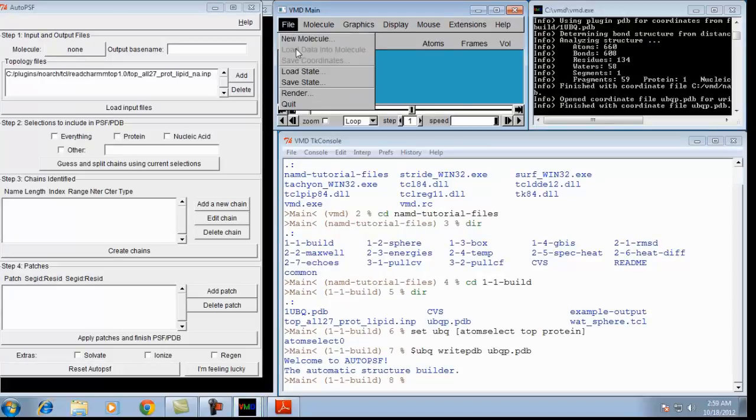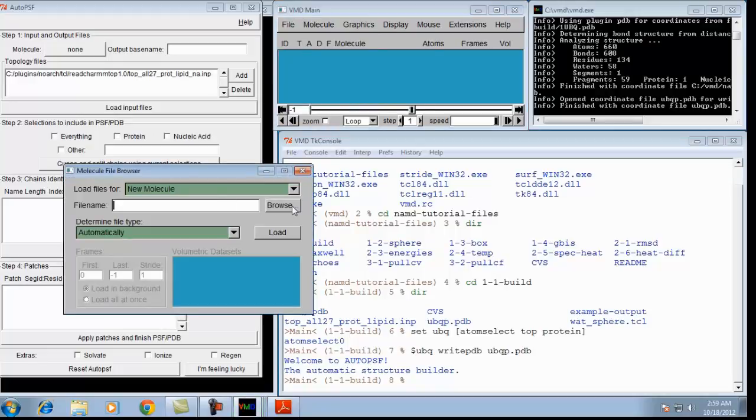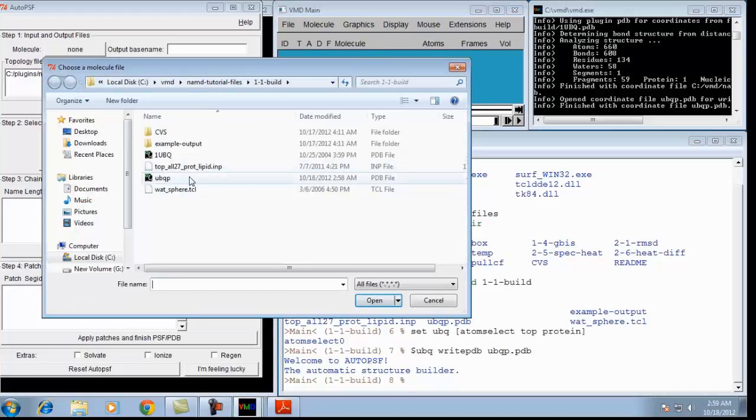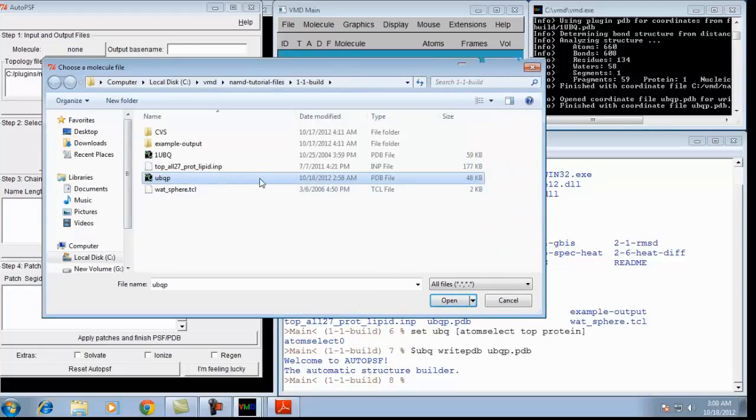As you can see on the screen, this is an automated process which takes the UBQ file and converts it into the PSF file.